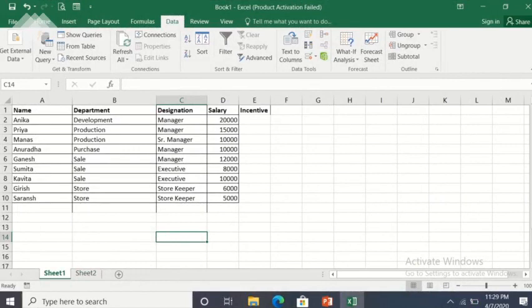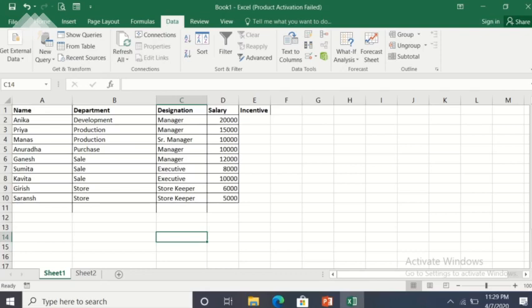Now the next thing in this chapter is about the pivot table. Now what are these pivot tables? Pivot tables are a powerful tool for consolidating, summarizing, and presenting data. Suppose this is the complete data given to you. You want to summarize it on a specific criteria, on a specific value. So you can use the pivot table option.